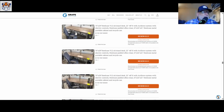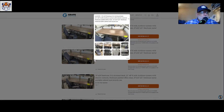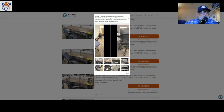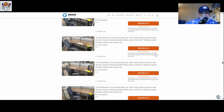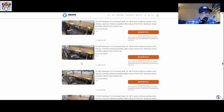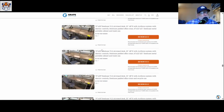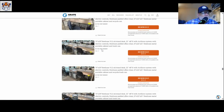No, wait a minute. No, no, no. Okay, that is the Leap. Okay, yeah, that's a Leap right there. Absolutely, that's a Leap. All right. So some of them look like the Gesture from a certain angle, which the Gestures would bring a lot more money. But you take them outside, clean them. So this right here,